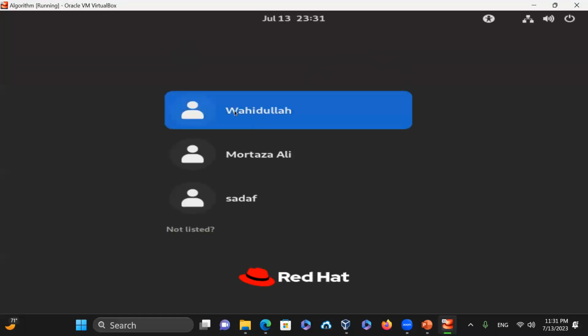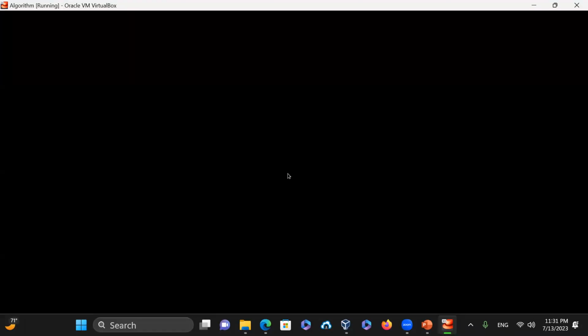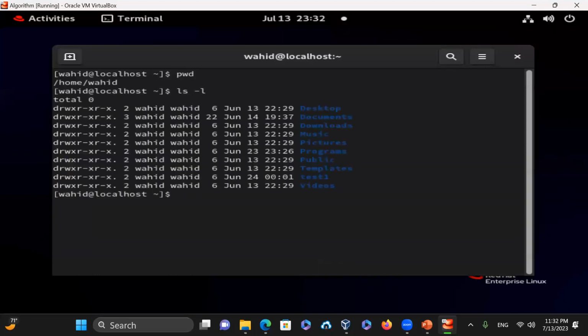So here I'm logging in again as Wahidullah, and as you see on that machine, I have more than one user account, and this one is Red Hat, as you can see, the interface, Red Hat 9. And notice the interface here. So right here, I say pwd, and then ls -l, I don't have that info.txt. So I'm going to say hostname, and you can see it gave me the localhost local domain on this one. I'm going to say greater sign,